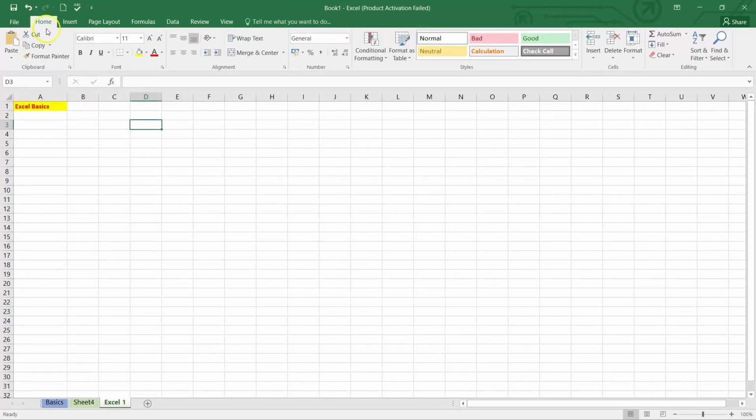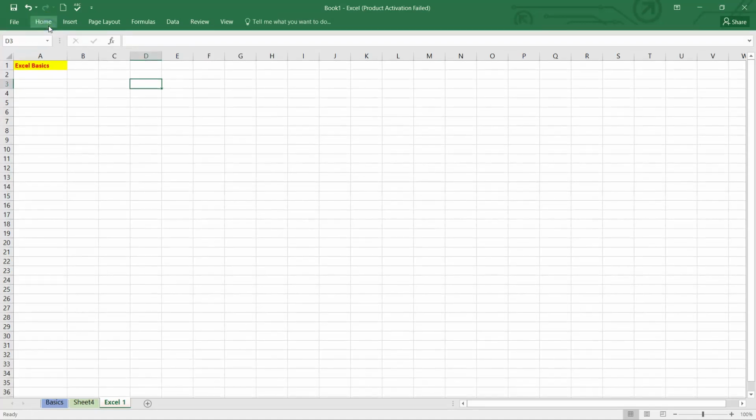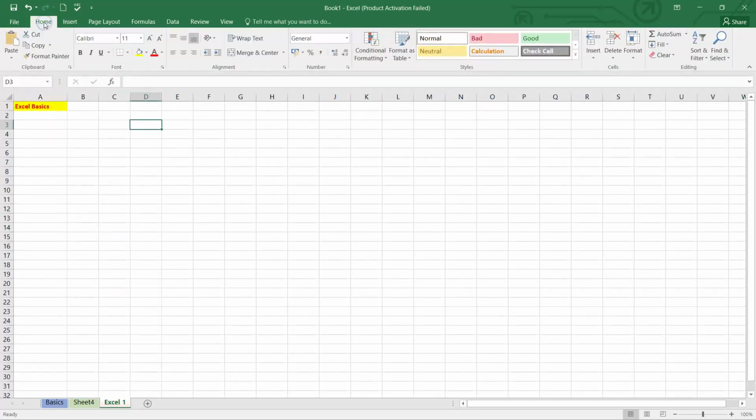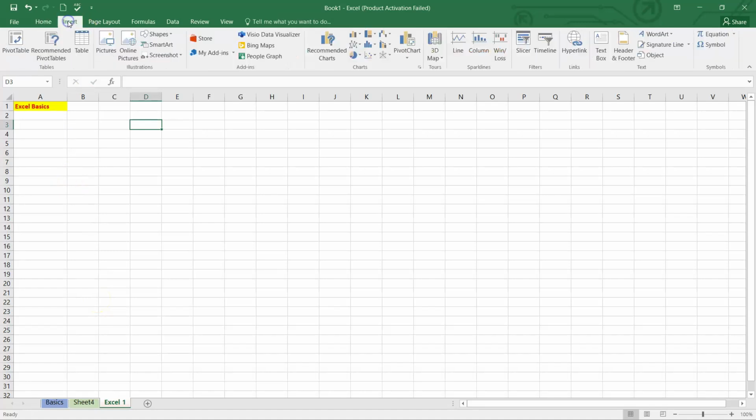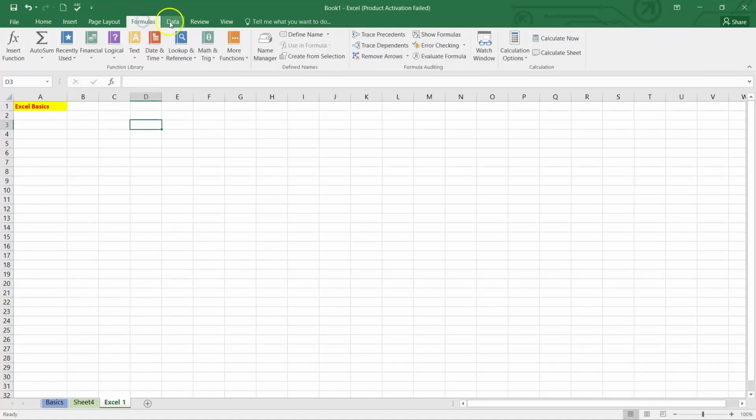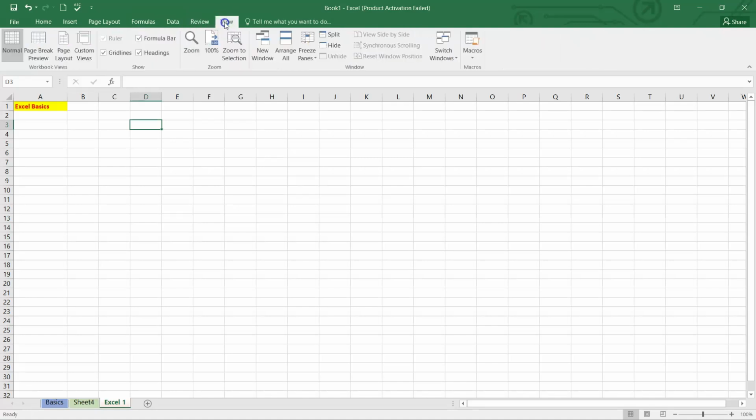So what was the shortcut? Just double tap on any of the tabs and you will see the entire ribbon getting hidden. And if you double tap again, you can see the entire ribbon on the screen, so that if you want to do something else over here, you can do it. So that's how your basic navigation works when it comes to sheets, the formula bar and the ribbon. Now let's learn a little bit more about the navigation part.